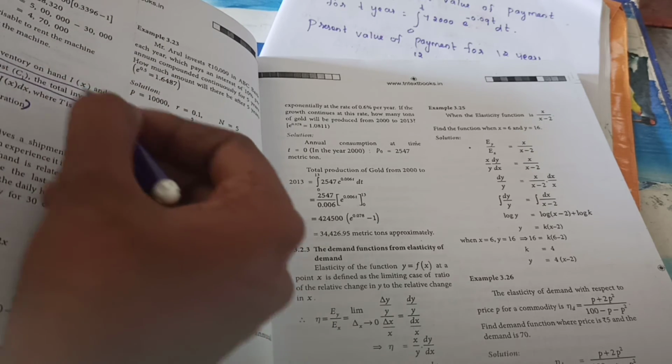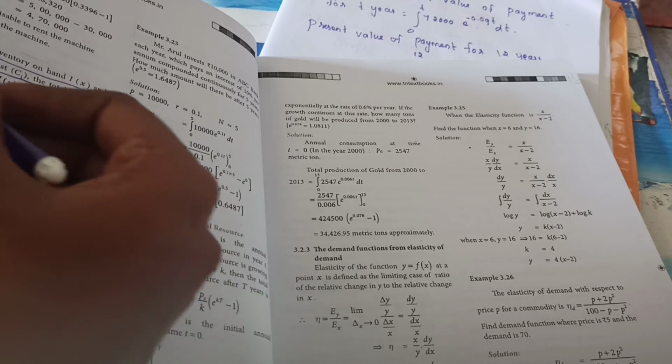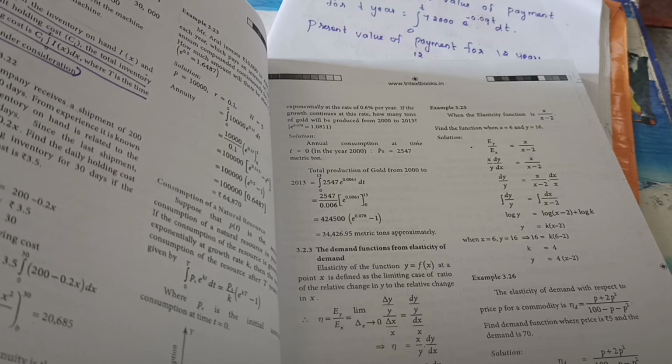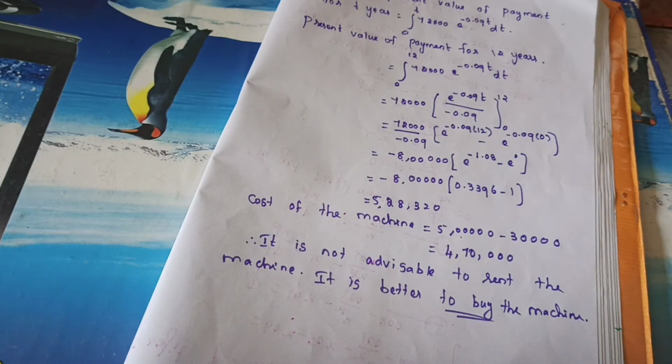Okay. Please write down the 4 lines in your note under inventory. Okay. There is one formula for carrying cost. Inventory carrying cost we will use in the problems. Okay. Shall we move to the next problem?